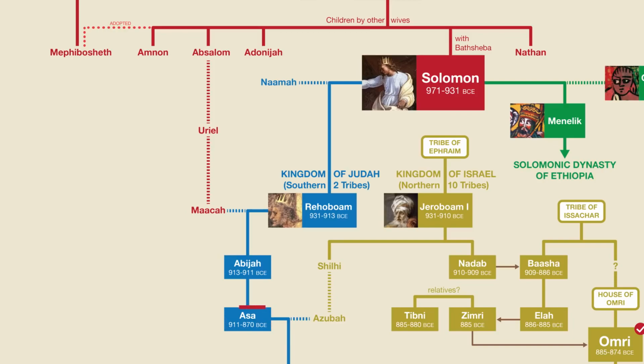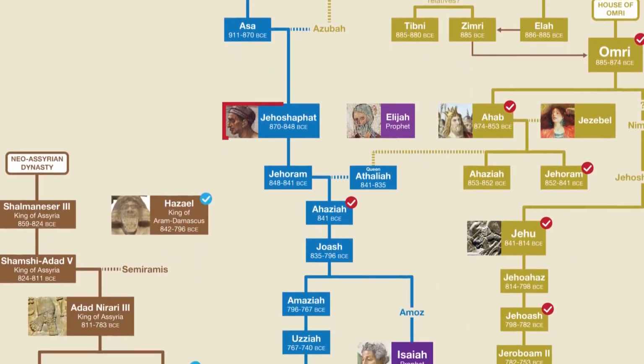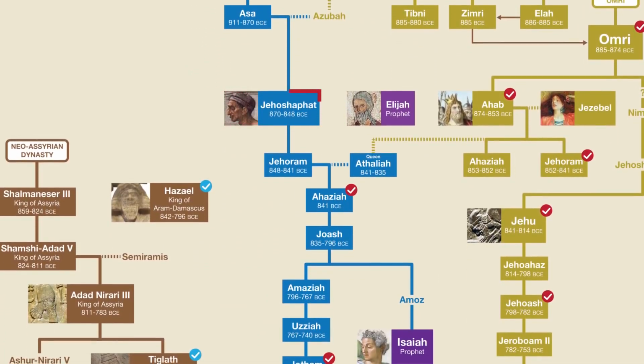Generally, the Bible describes the kings of Judah as being good kings, who destroyed idols and encouraged the worship of the one true God, in contrast with the kings of Israel, who did the opposite, and were therefore punished with more internal conflict. Next in line in Judah comes Jehoshaphat, who was a contemporary with Elijah, Ahab, and Jezebel. In fact, his son Jehoram married a daughter of Ahab and Jezebel. Together, that couple had Ahaziah, who, as I mentioned earlier, allied with his uncle, King Jehoram of Israel, against the